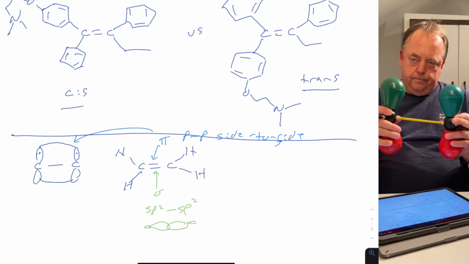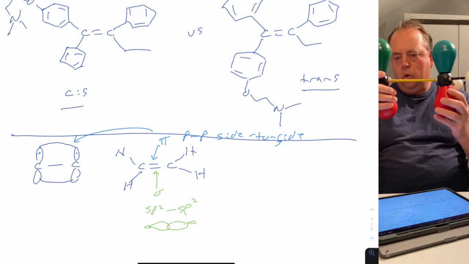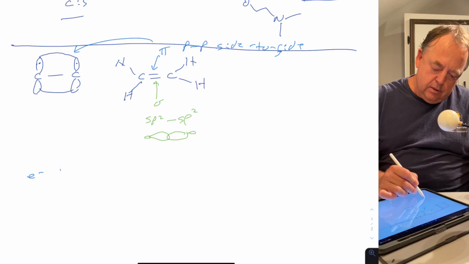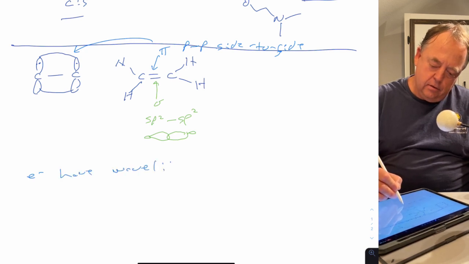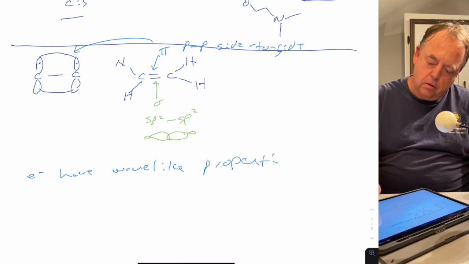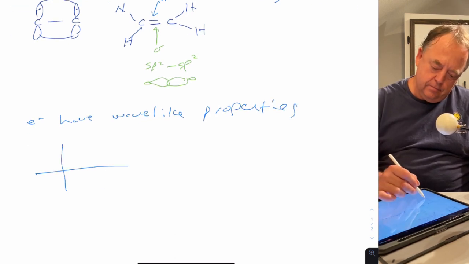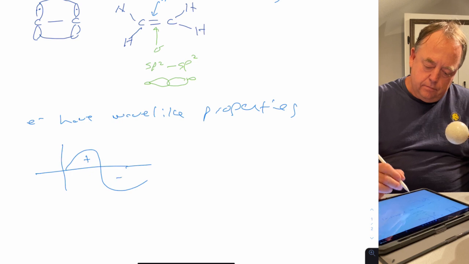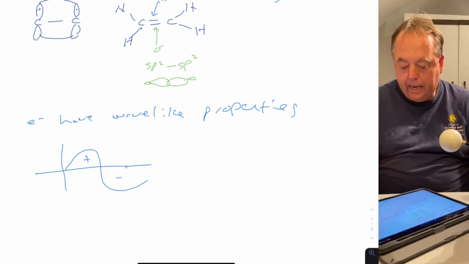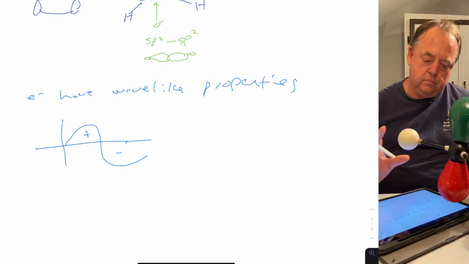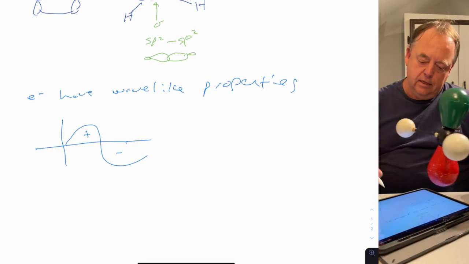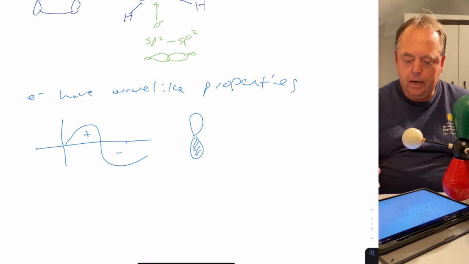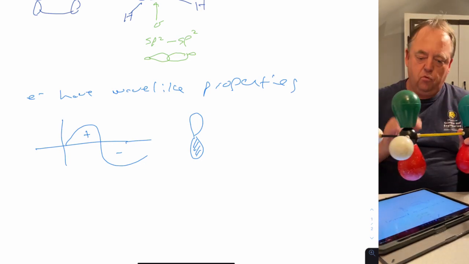Okay, so why is one of these lobes green and one of these lobes red? This gets back to quantum mechanics: electrons have wave-like properties. If we had a wave, then part of that wave is positive, and in this area the wave would be negative. That's what the color of the orbitals is trying to represent. Sometimes when you see p orbitals drawn, one side is shaded and one side is not,